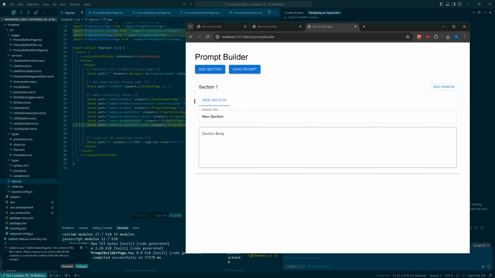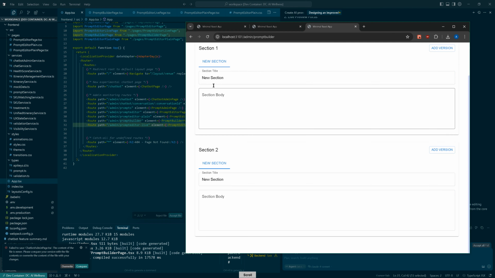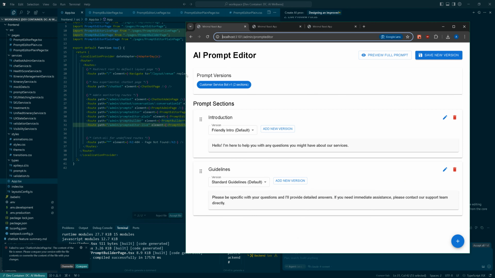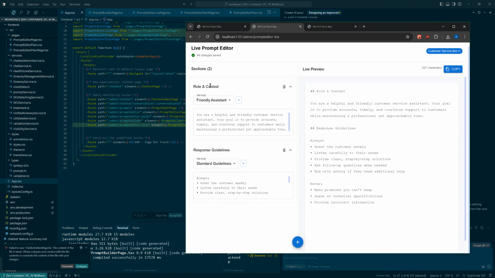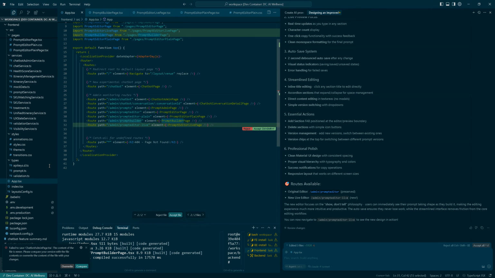This is what ChatGPT created. And I mean, it works. And once you click Save Prompt, you get a version, but no preview. So actually, it's a bit of a net loss. This has taken longer than it would because I was waiting a huge amount of time for Cursor. I would now probably say to Cursor, take this design and put the best of both worlds together. And let's